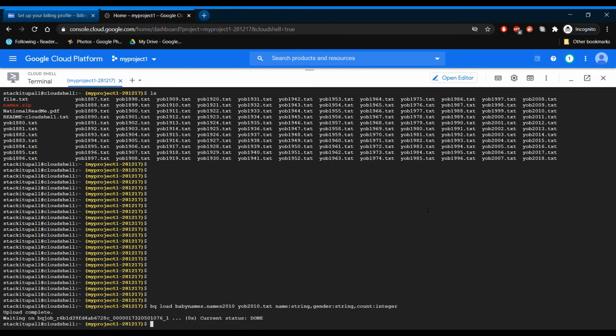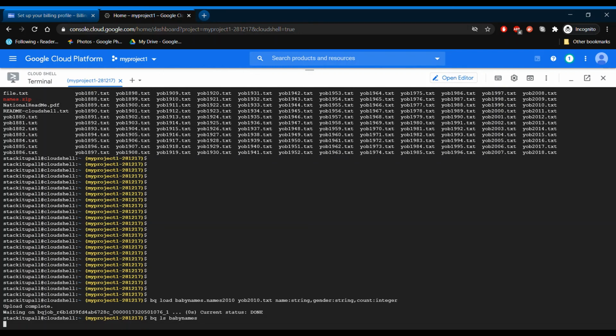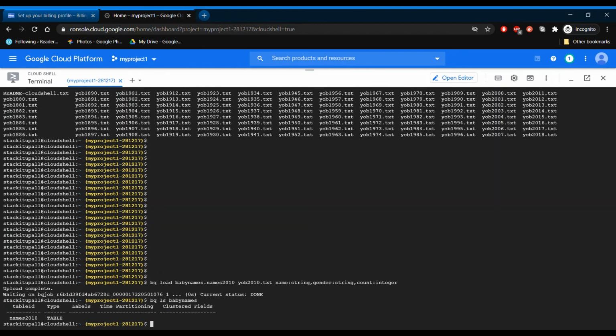Okay, so now we will list the tables from this dataset, baby names. We should get our new table here. Yeah, so we have it, names 2010. Okay, so now let's use the show command.